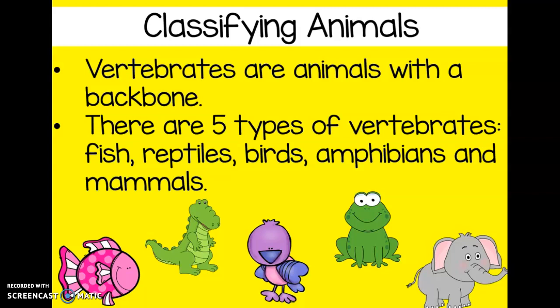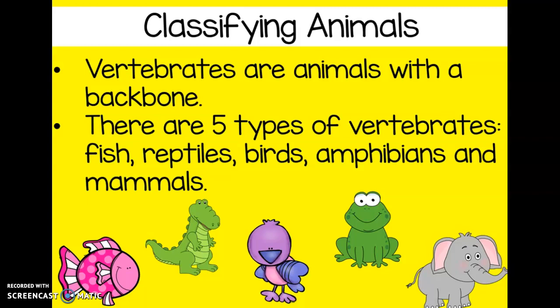So there's fish, reptiles, birds, amphibians, and mammals. So all the different animals that we see in the zoo, they're one of these types of groups. So we need to learn about the different groups so we're able to classify the animals that we're writing reports